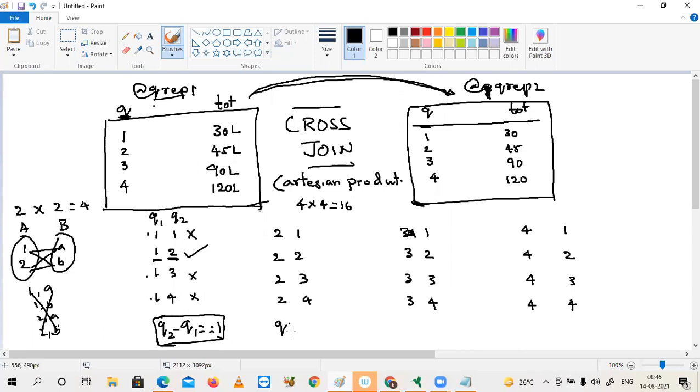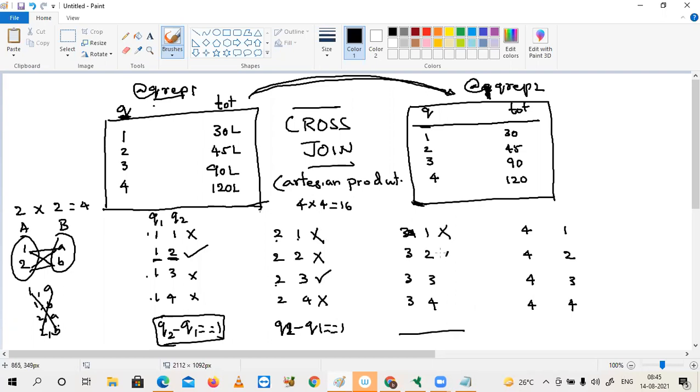Apply the same thing here. 3 minus 2, Q2 minus Q1 equal to 1. This will be eliminated, because 1 minus 2 is minus 1, condition false. 3 minus 2, condition true. If you apply the same condition here, what will be available?